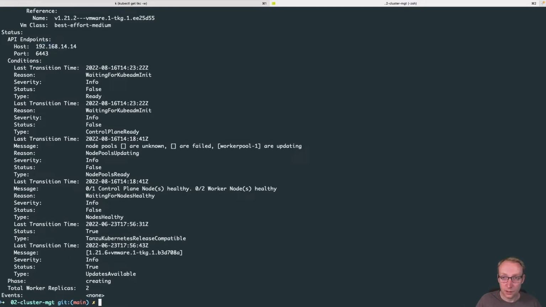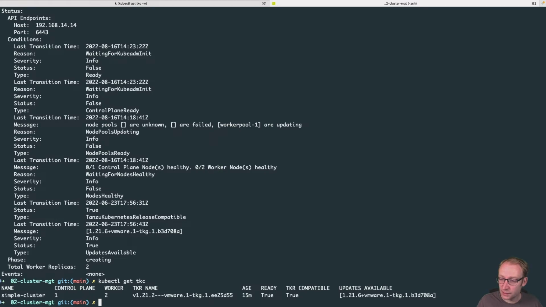So after a while, our cluster will be finished, and if we now execute kubectl get TKC again, we will see that the cluster is completely ready, and we can use the cluster and log into the cluster. That will be our next step, to log into the cluster and then experiment a little bit with the cluster. So if we now do a describe of the cluster again,